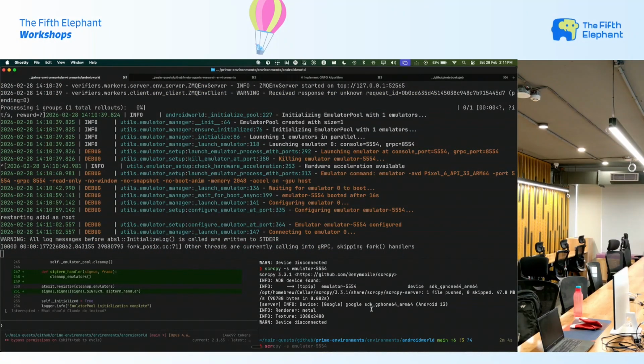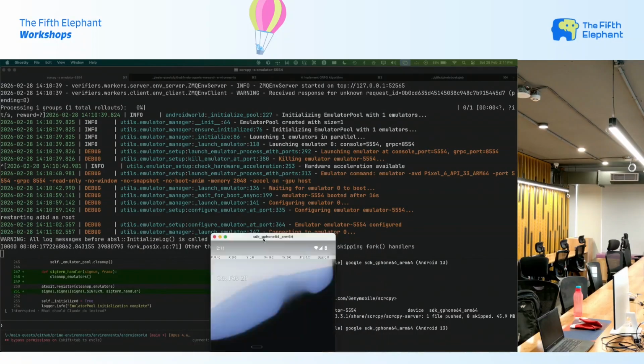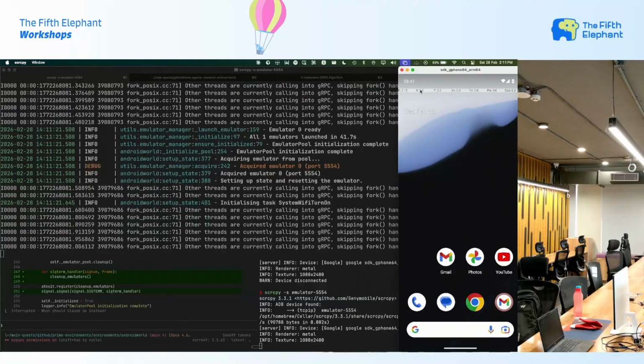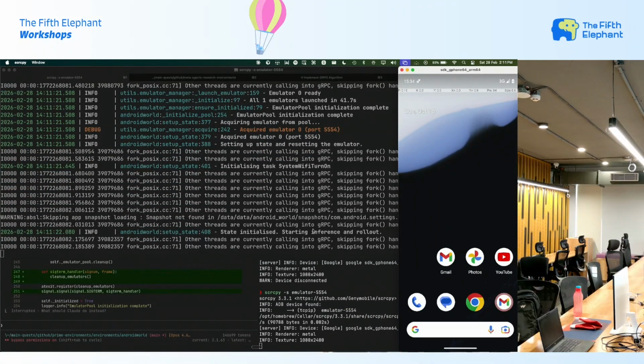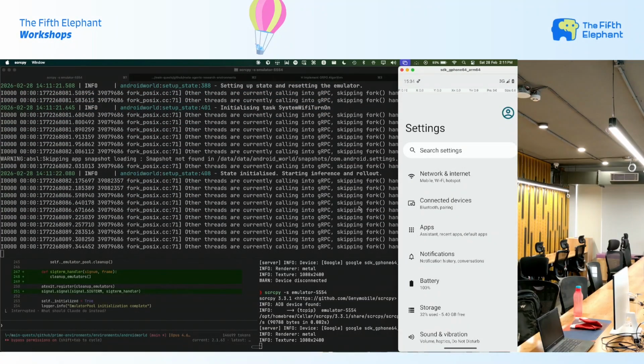I'm gonna use this tool called scrcpy, and what that does is it lets me view what the Android system is and what's happening on it currently. I think the state has initialized and inference and rollout has started. I'll dive into what all these terms are, but you can see the agent has gone